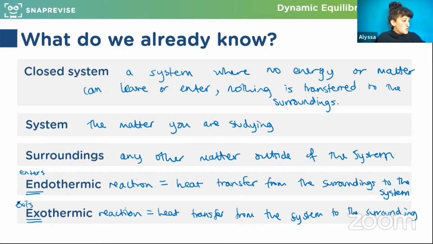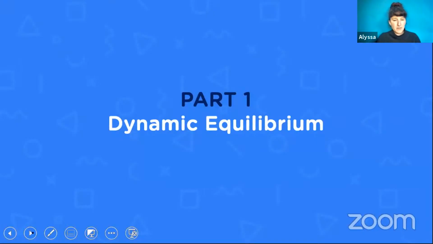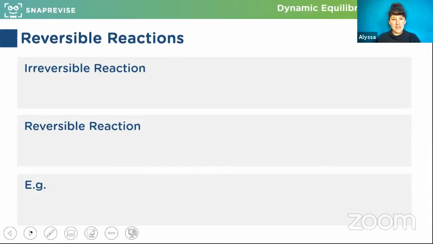Lovely, good. Okay, so let's look at dynamic equilibrium then. What is it and what are we talking about? A dynamic equilibrium has to occur when there is a reversible reaction. First things first, at key stage 3 we often look at an irreversible reaction, or we just tend to call it a reaction because we haven't looked at reversible reactions. How might we describe an irreversible reaction, and therefore a reversible reaction? What phrases or keywords might we want to include?